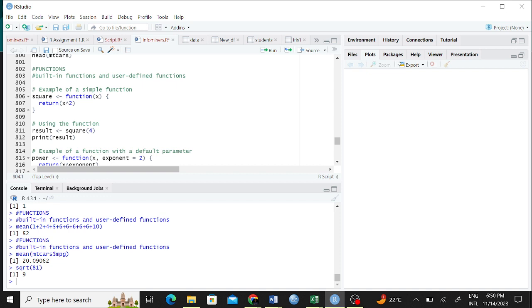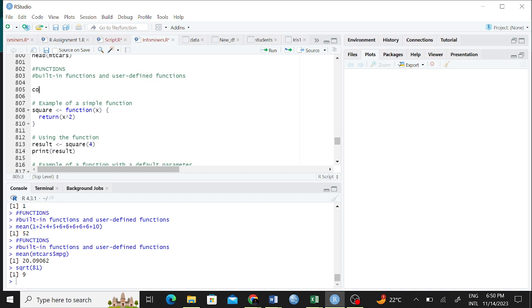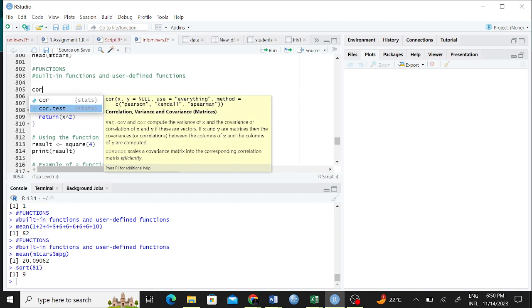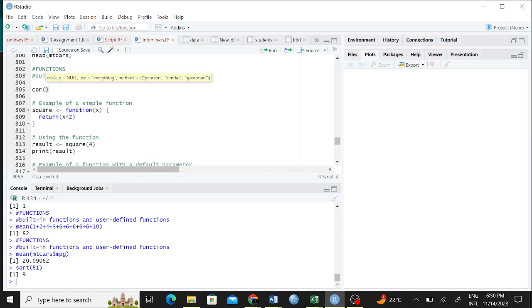Okay. So those are built-in functions, and there are so many of them. You can even get correlation, right? There's a function for correlation, and you can even do a correlation test between two data sets, or maybe two variables. You want to do maybe a regression, you can do that.